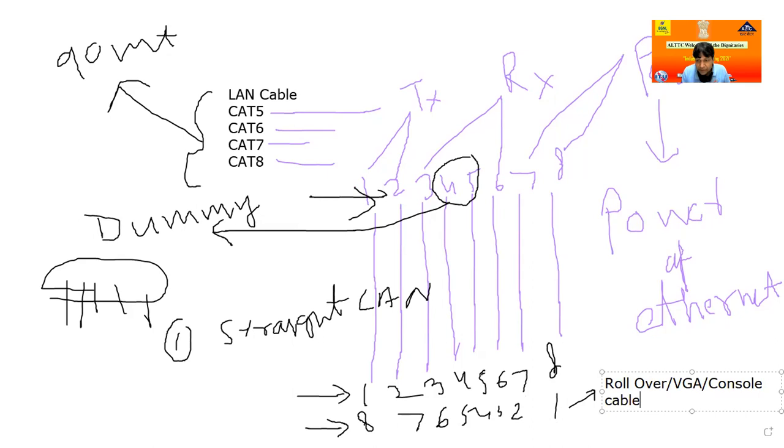Don't go by the name. All are the same cable, only the name differs: rollover, console, and VGA cable. All three are the same purpose.